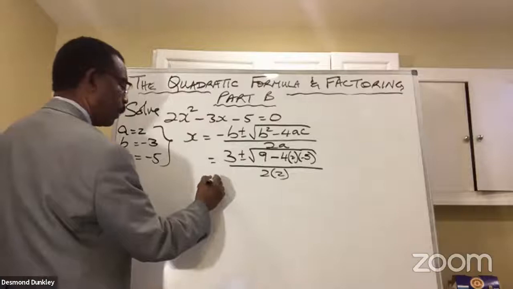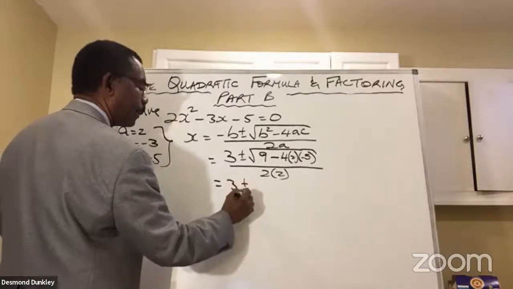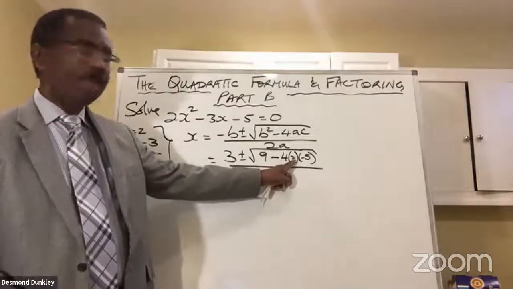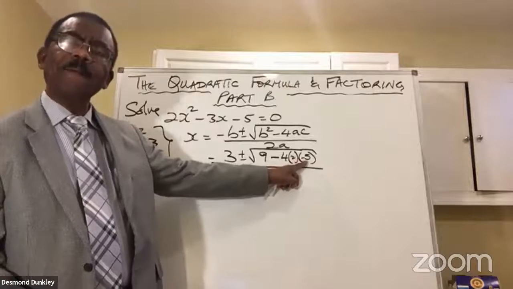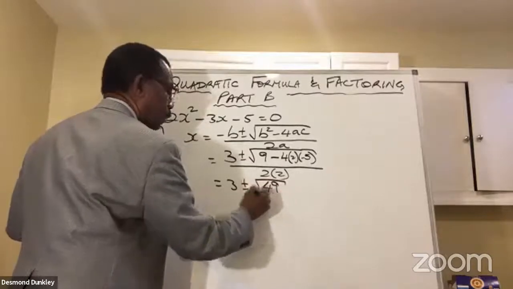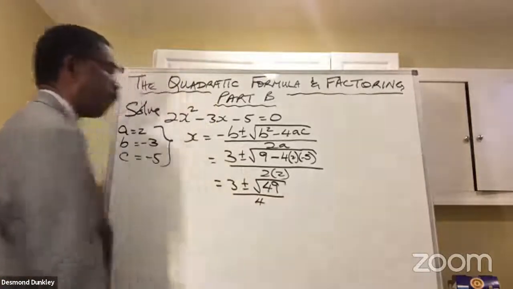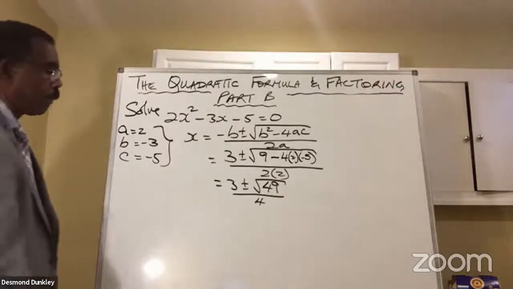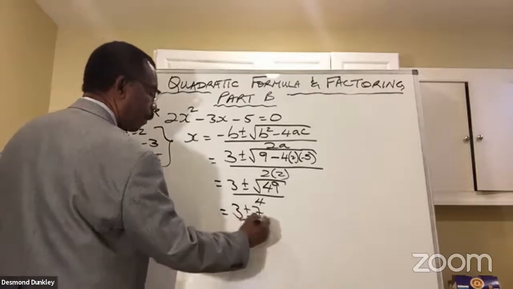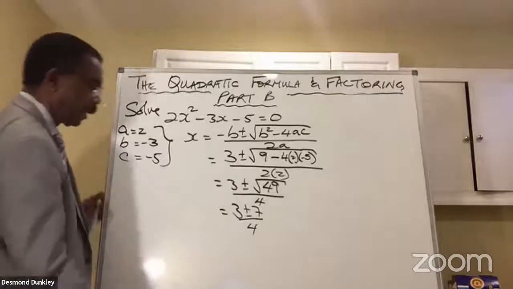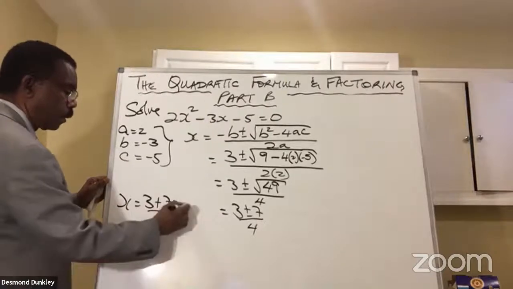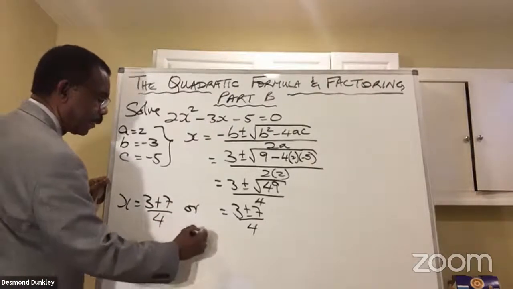So what's that equal to? Well, it's equal to 3 plus or minus the square root of negative 4 times 2 is negative 8. Negative 8 times negative 5 is 40. 40 plus 9 is 49. 2 times 2 is 4. So therefore, x is going to be equal to 3 plus or minus 7 over 4. Okay? So we know that x is equal to 3 plus 7 over 4, or x is equal to 3